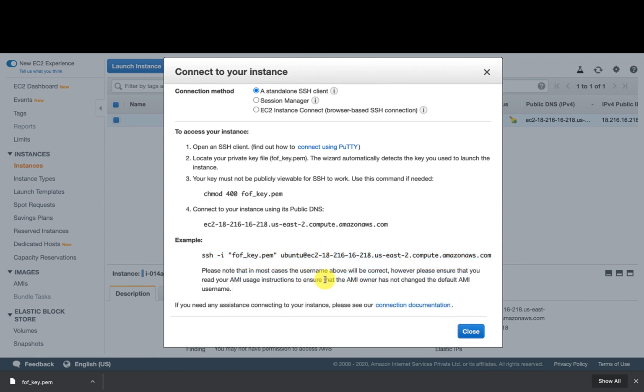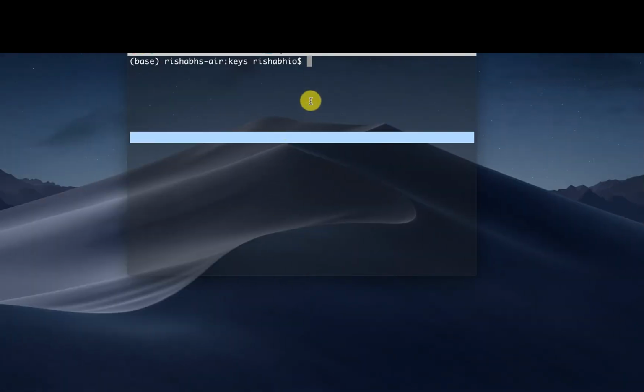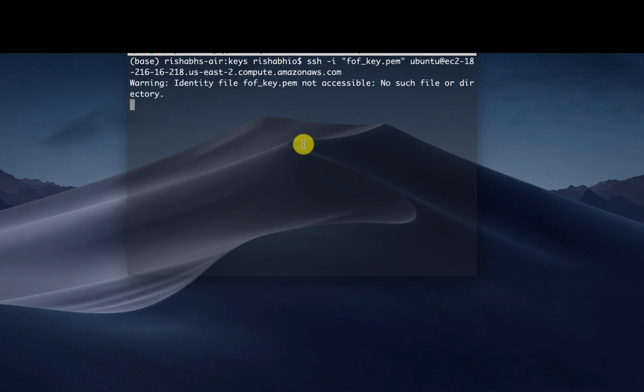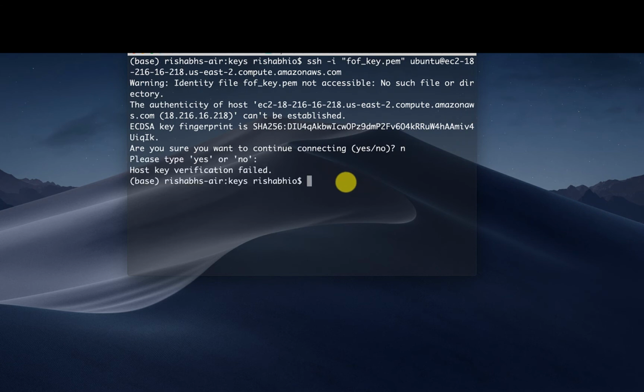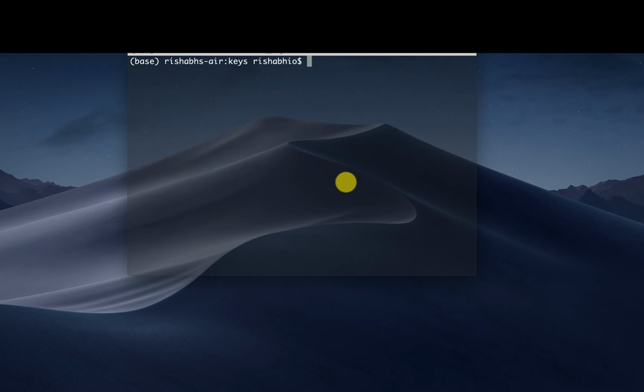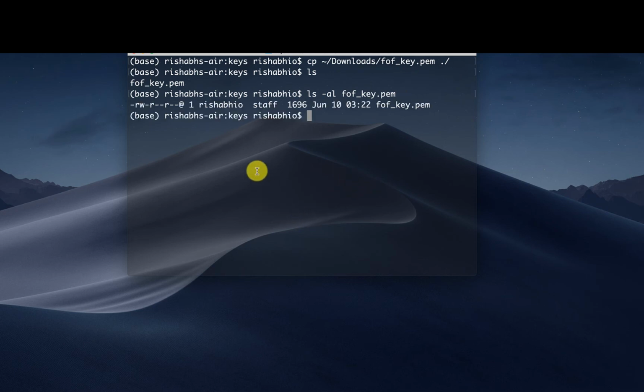Now once I have done this, I'll go to my terminal. I cannot paste this directly, the reason being because the key is not there yet. Let's just copy the key from the downloads to here. Okay, also let's check the permissions of the key.